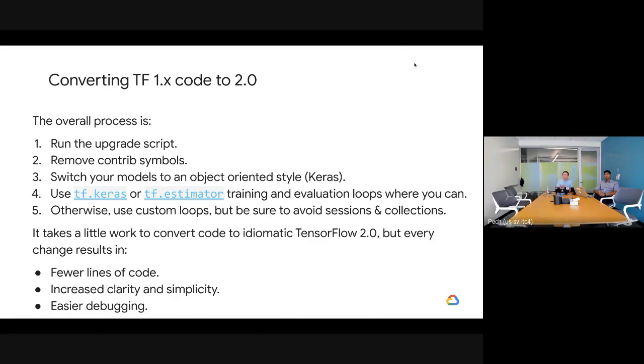It takes a little bit of work, that's assuming you have to go to step 2 and beyond. But maybe step 1 and you're done and you're like, sweet, it works, and it's awesome. But if you have to do a little bit of work, it's not so bad to get it to be idiomatic TensorFlow 2.0. It results in fewer lines of code,